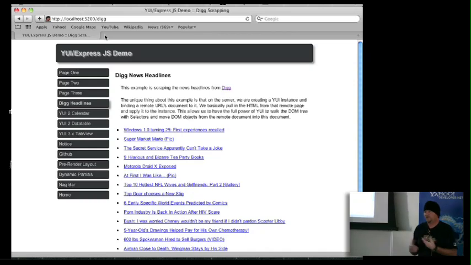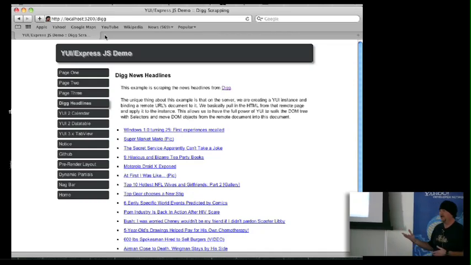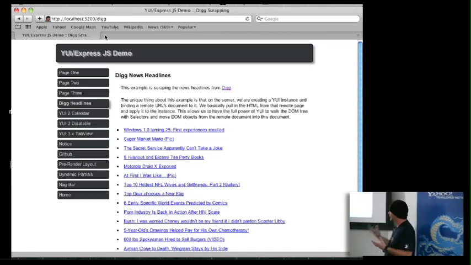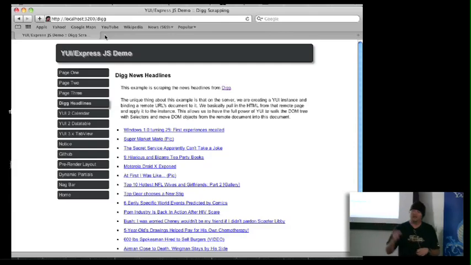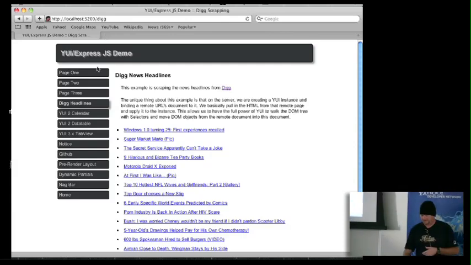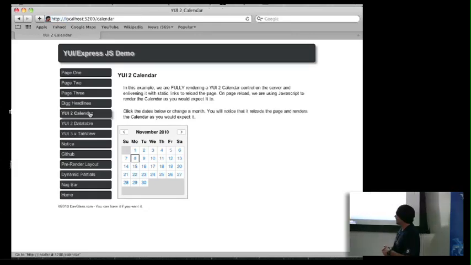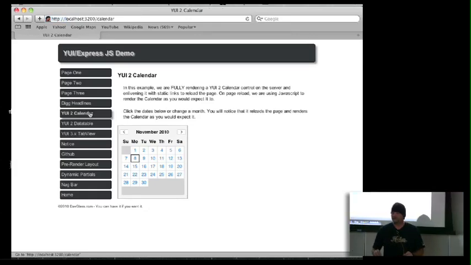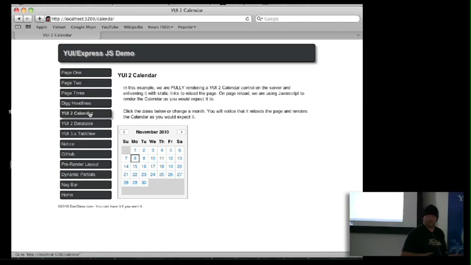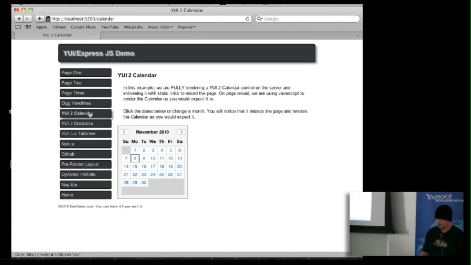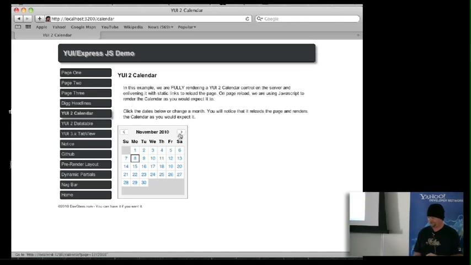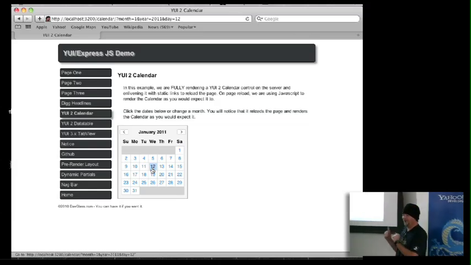So now, going back to some of my examples, I showed you loading a calendar using YUI 3 on the server, pulling a YUI 2 calendar. Well, how about if I was able to render that to the screen? No JavaScript. There is no JavaScript here, but this calendar will work. That's awesome. That is totally awesome because now,